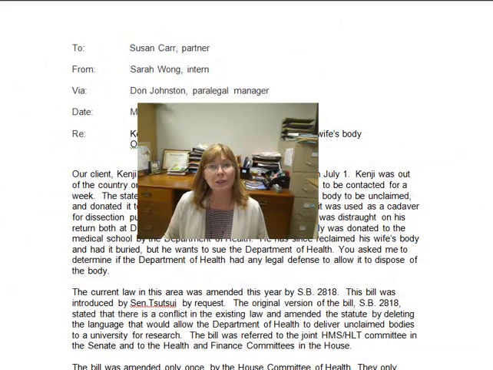I'm here to explain to you why we're doing this specific assignment, why a memo, and why it's important that you do it correctly. Legal memos are very important in a law firm because they're ways in which paralegals and attorneys write down the information they have collected and the analysis they have done that goes either between the paralegal and attorney in the office or even out to the client.